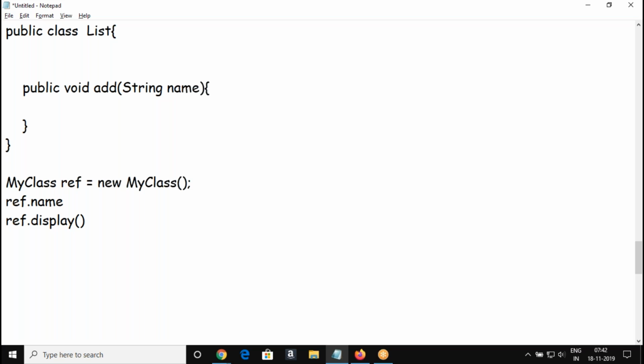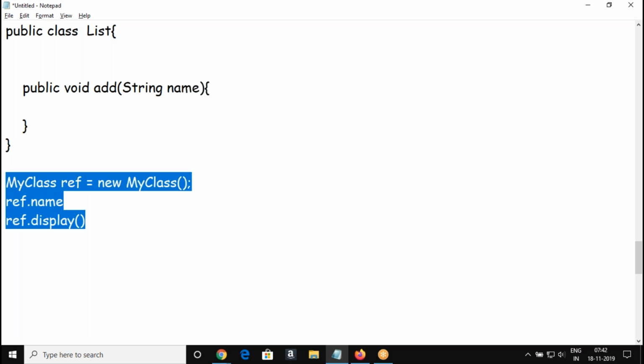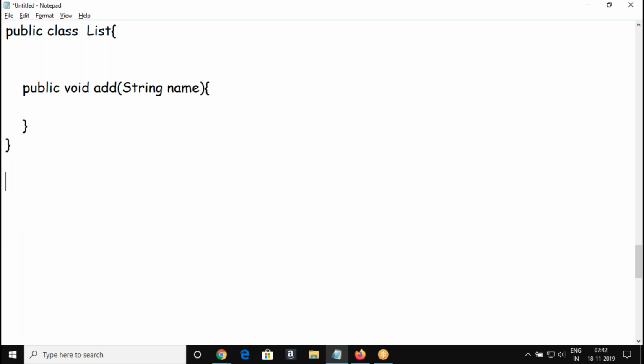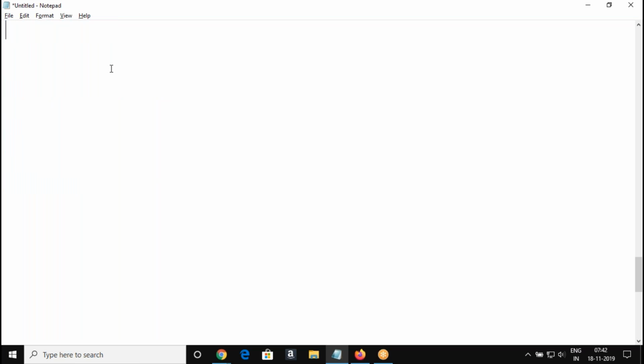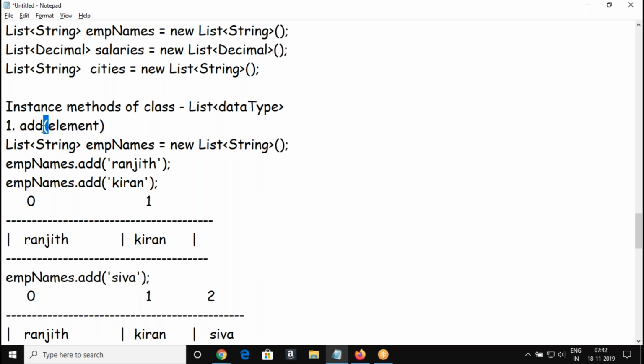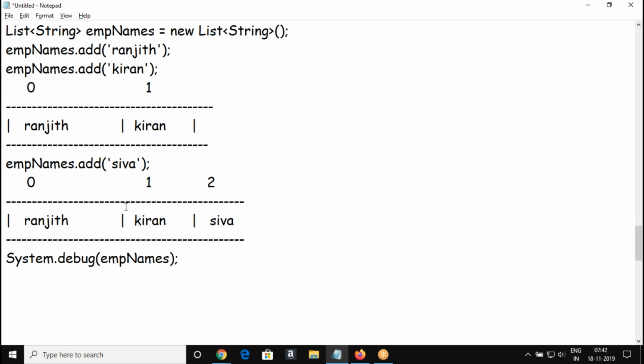If you declare a list of string, then you are going to pass a string as a value to the method. So we need to declare a list to call this, right? This is not a complete syntax. This is a predefined class, just an idea I'm giving to you. So add is a predefined instance method. We declare a list, then referring to the add method, we are adding elements to the list. We'll follow this.